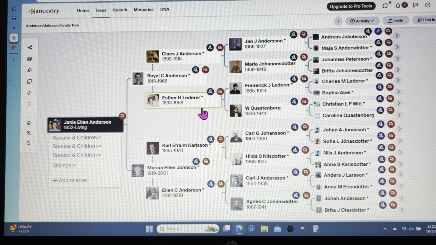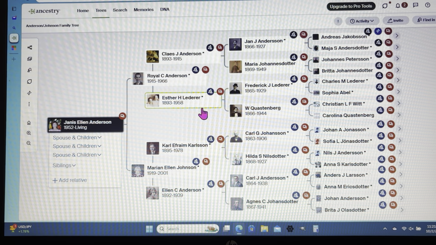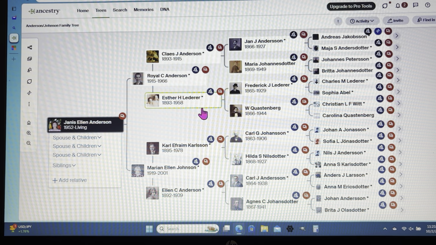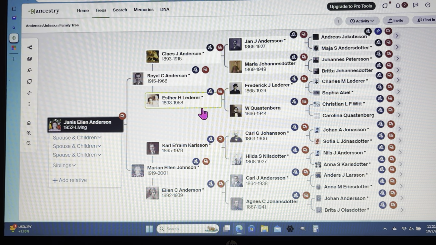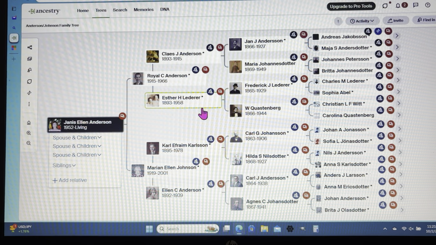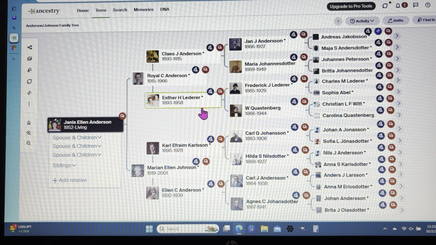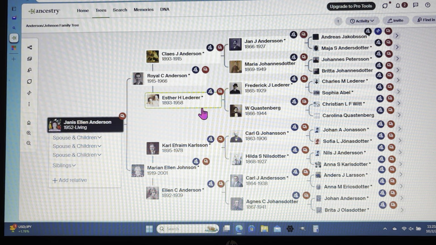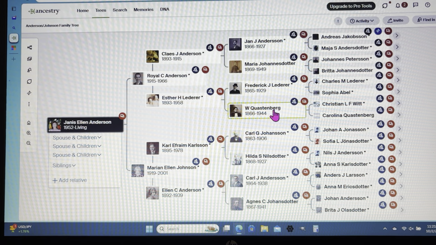Esther married Klaus, and within 3 months he died. Is that true? Yes. September, October, November, December, January, February. No, 6 months. Six months later he died, before my father was even born. So she was a young widow and lived with her parents, Frederick and Wilhelmina. And Wilhelmina went by the name Minnie. She was Minnie.